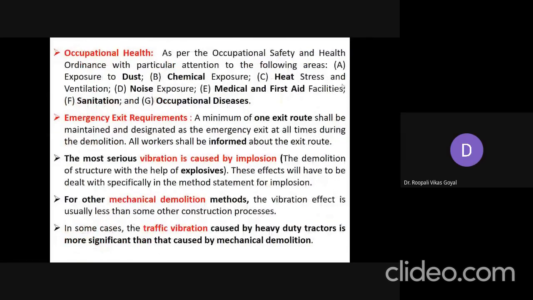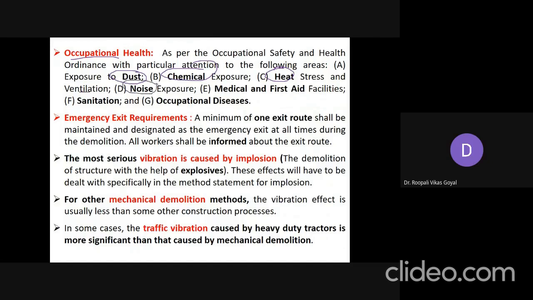Basically, this word occupational health is related to whatever health problems arise due to your occupation. If the work you are doing is causing some health effect, that is generally called occupational health. Okay, so as per our occupational safety and health ordinance, particular attention should be given to all the areas during demolition, because there is exposure to dust. A lot of dust will fly, chemical exposure can also happen, and heat stress, and proper ventilation is needed.